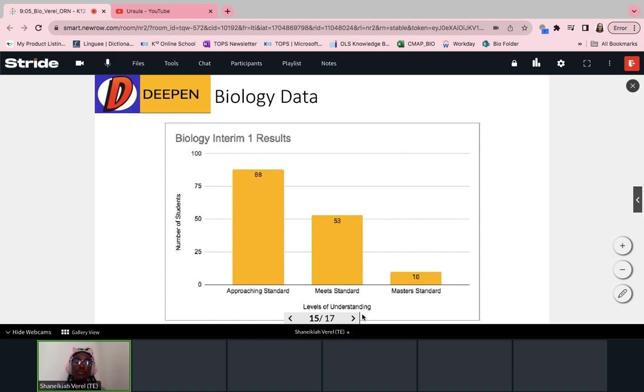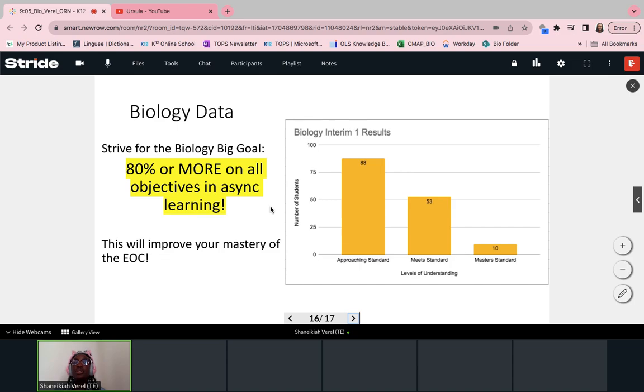This is why the big goal for biology is going to be to try to do 80% or more on all the objectives. If you do just that little piece, you're not missing a whole bunch of work, you're not getting a whole bunch of answers wrong, you're just really at 4/5, at 80% every time. This is going to improve your mastery. Your goal doesn't have to be, I'm going to get the best EOC. That's a very big goal. Let's take it piece by piece. Let's take it day by day. You can meet the big goal for biology, 80% or more on mastery, every single day, just by taking it for the task that you have for the day. Just that little bit of time will improve that.